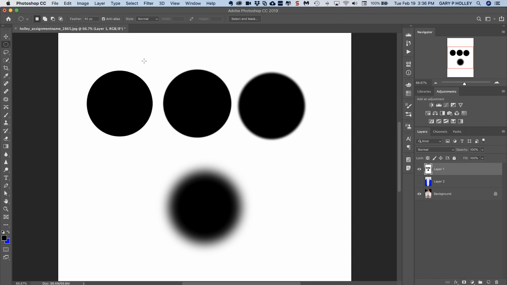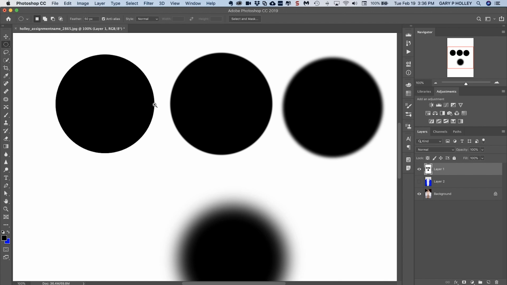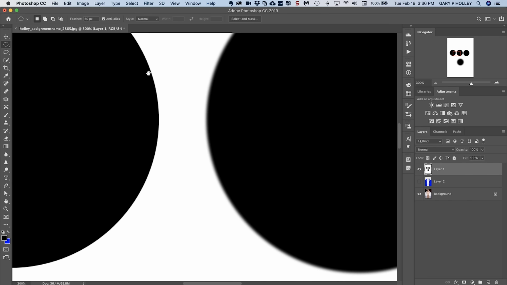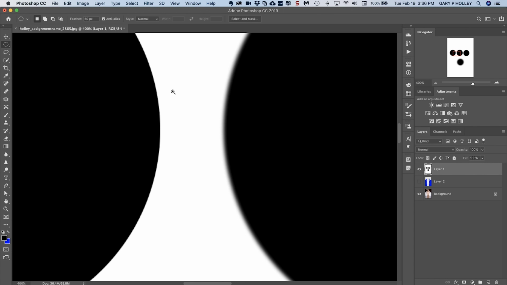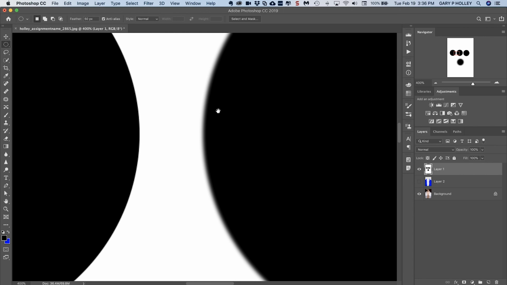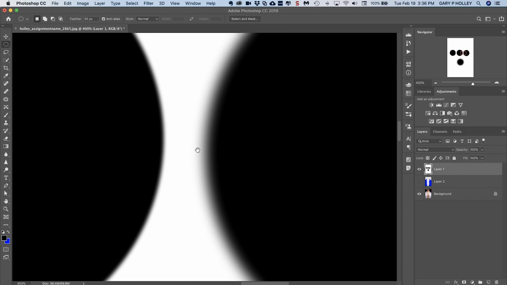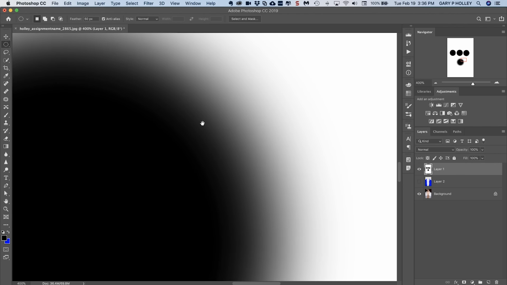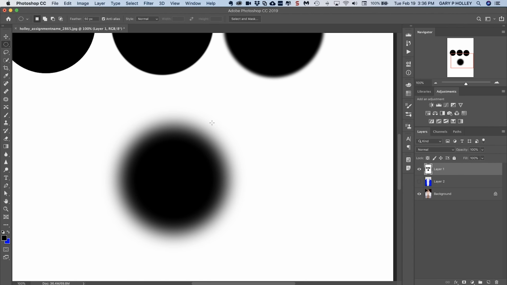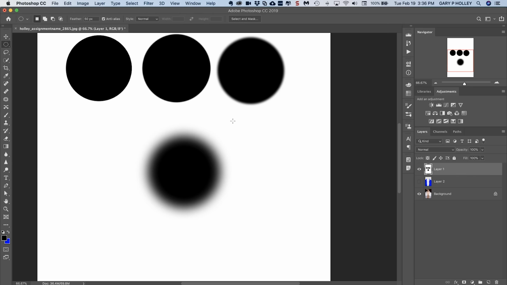All right, so 0 feather, and let me zoom in so you can see the difference. This one has 0 feather, so it's got a nice defined edge. This is a 3 pixel feather, so it's a little bit softer transition. This is our 10, so even more soft on the edges, and 50, so it's like a little fuzzy ball there. And so sometimes you want that